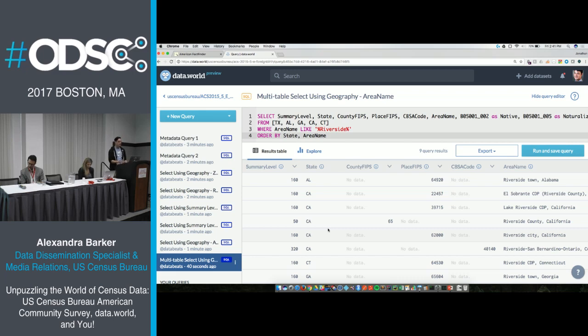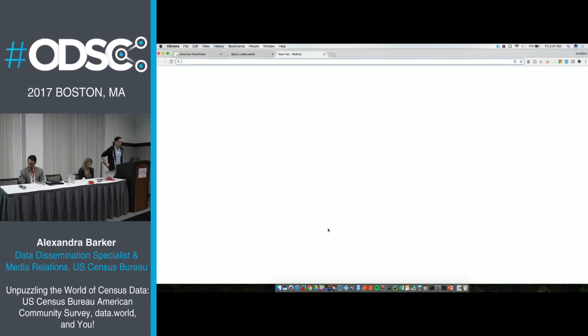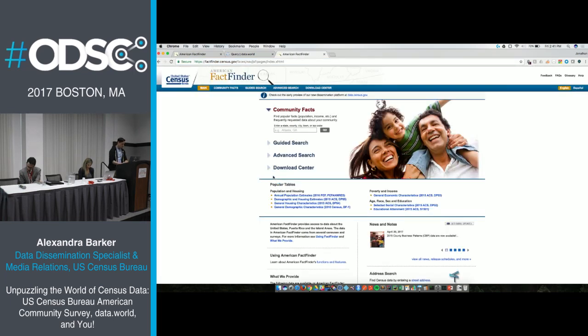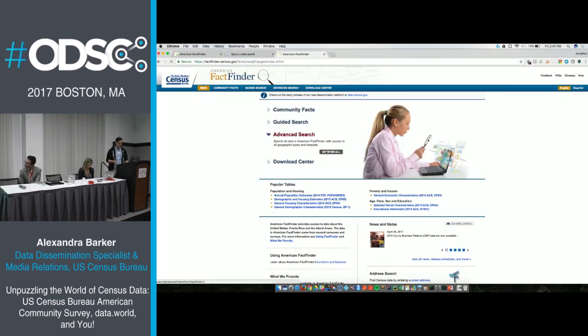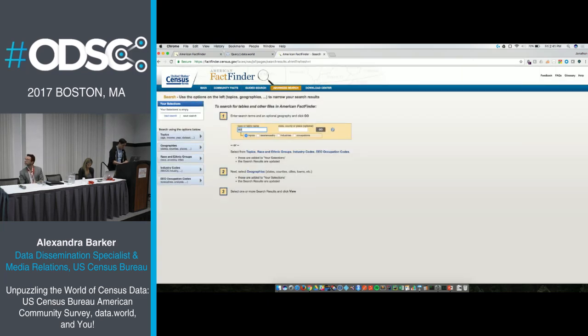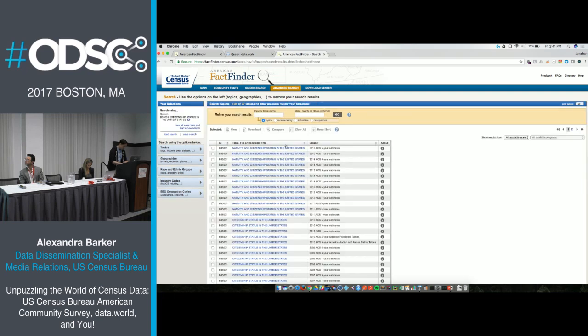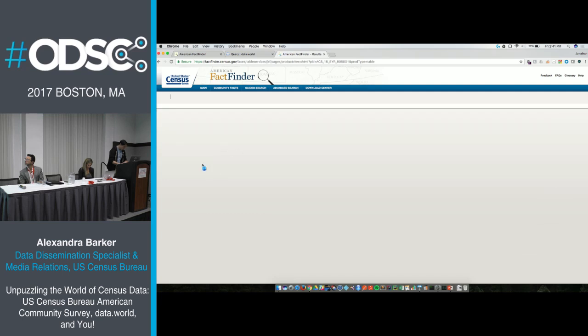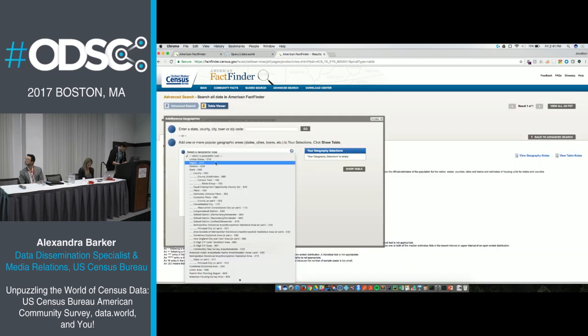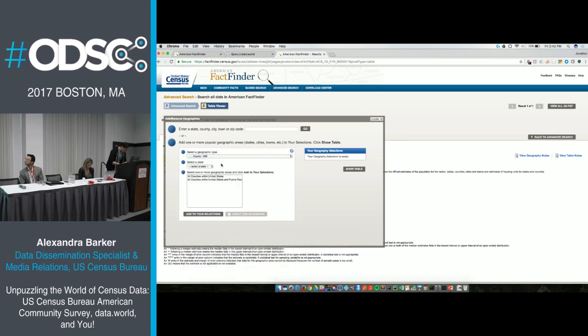This is a new way of interacting with the census. Previously, you would have to go to Fact Finder, or use the API. Go to Fact Finder, and I would look up B05001, and click here, and add geographies. I want counties for Texas.